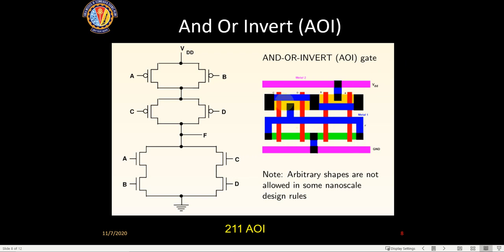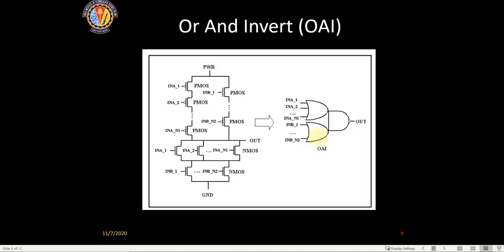So I have just shown you how easy it is to fabricate it. The layout, this is known as the layout. You don't have to understand all these things in depth. I am just giving you a rough idea about it. Similarly, you have OR-AND-invert gates also. In the OR-AND-invert, you will have a lot of OR gates, and then you will have AND gates. So these are the OR gates, AND gates, and out.